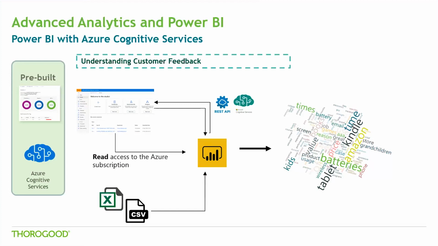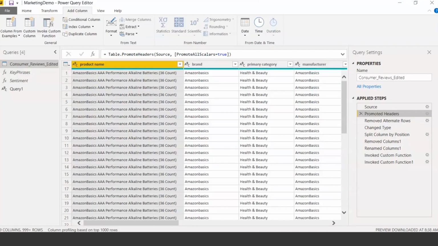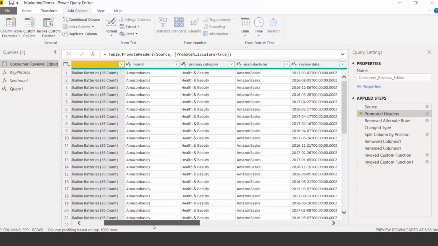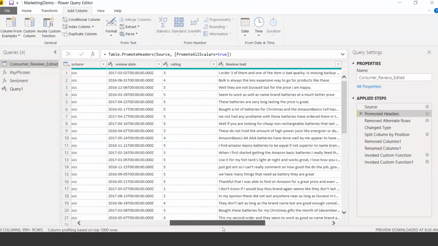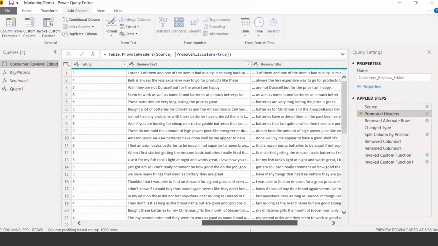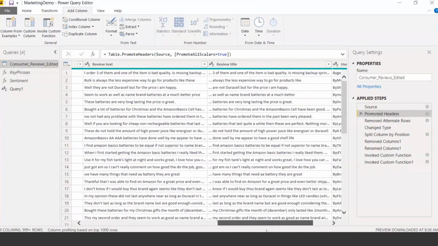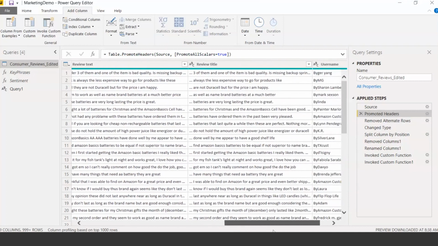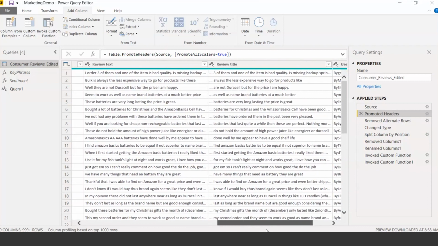to help you derive insights. So what I have today is a set of products and the user review feedback for those products, primarily from an Amazon website. So what you see here is the product, a review text, the title of the review itself, and the user details. What we see here is how we invoke those API calls and use the output here.